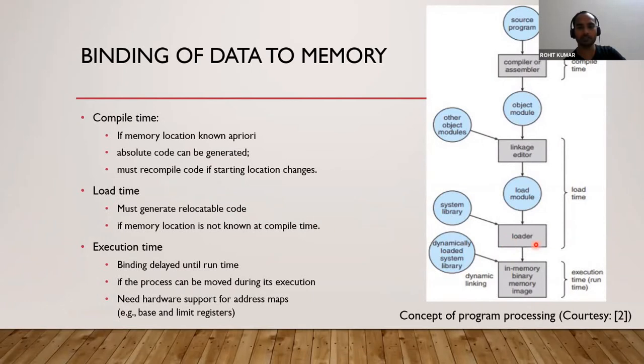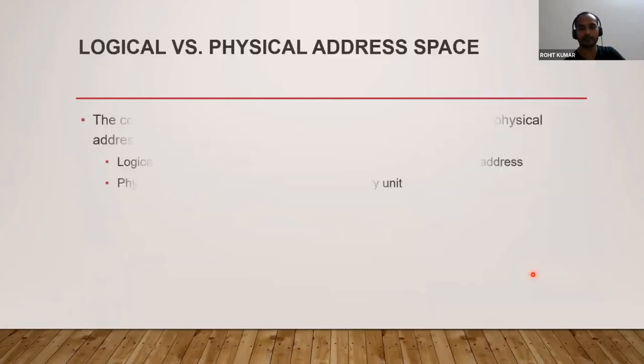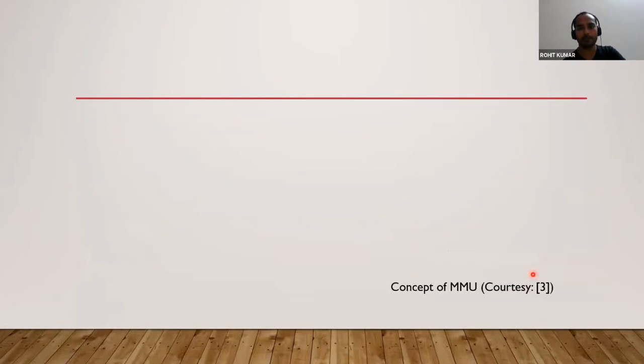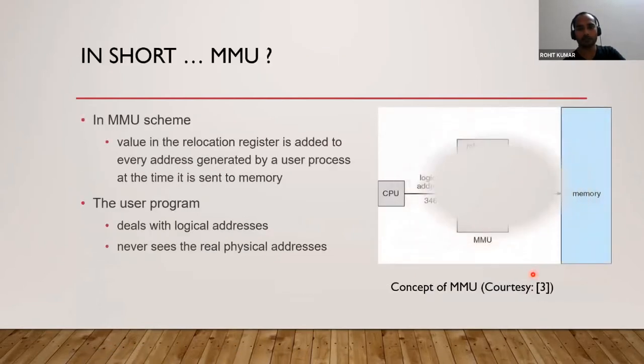So here you have the CPU logical addresses up to here. We have already discussed that at compile time and at load time, we only have the logical addresses. We don't have the physical addresses. So once you add the logical addresses to the base value with the help of the relocation register, you get the physical addresses. And we have seen here, with the help of the relocation register, you add the logical address and get the physical address.